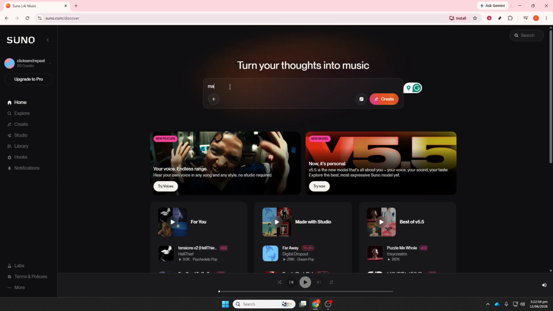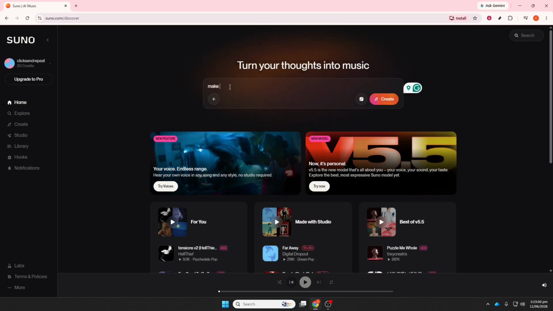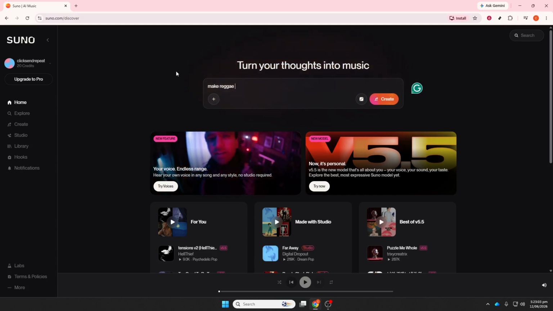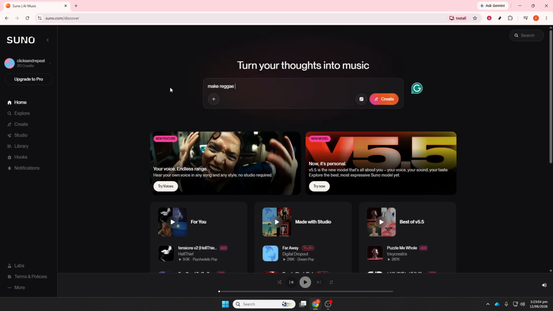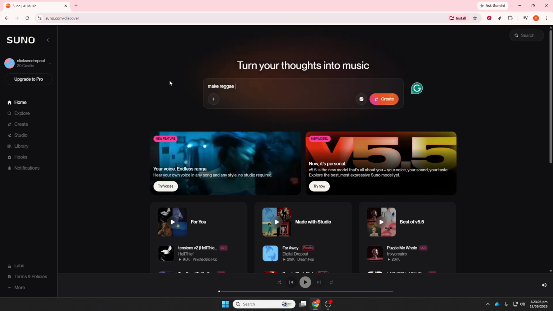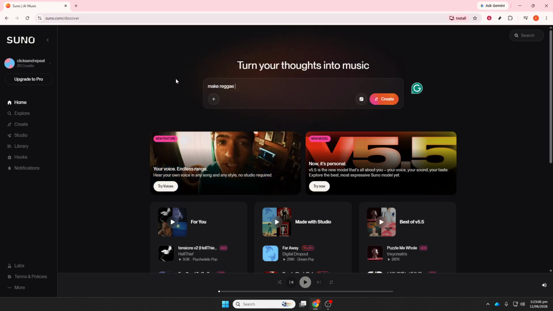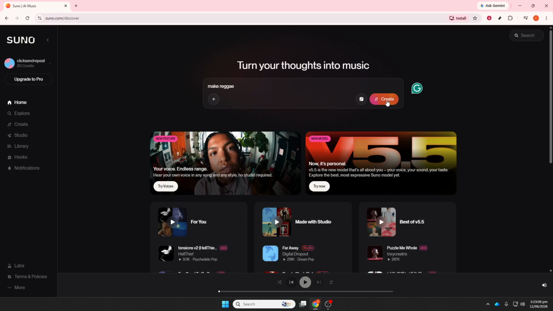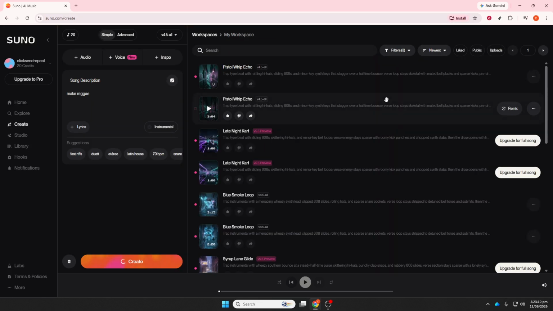Next, enable custom mode. This is an important part of the process because it gives you more control over the final result. Instead of relying on a very general prompt, custom mode lets you be more specific about the genre, mood, vocals, and overall production style. That's especially useful for a blended style like Reggae House, where you want Suno to understand two different musical influences